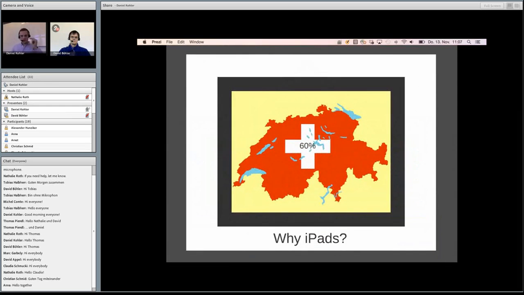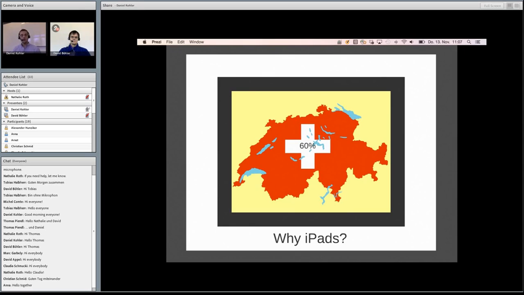One question that immediately arises when considering the BeAXi solution is, why are we using iPads or tablets in general? You see, this is a map of Switzerland, and Switzerland is a wonderful country actually, but Switzerland has a huge problem.